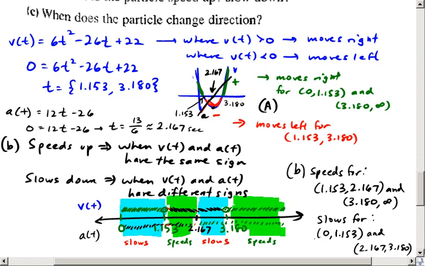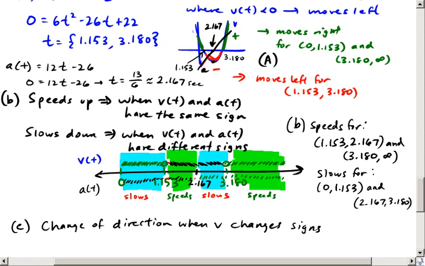Finally, the last question, we've already got all the info to answer it. There's a change of direction when the velocity changes signs. So it changes signs at